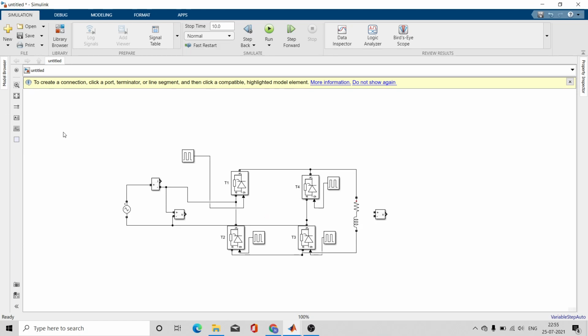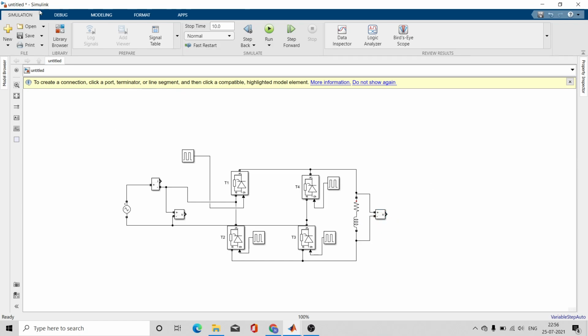Okay. Just you can adjust it for good presentation. So now let me connect the voltmeter at output side.